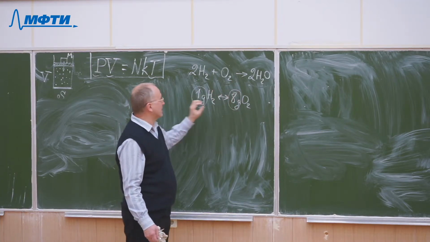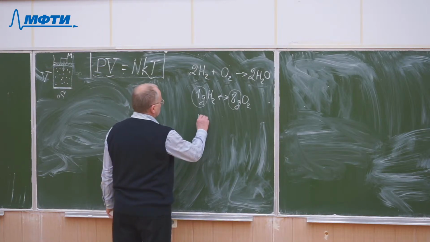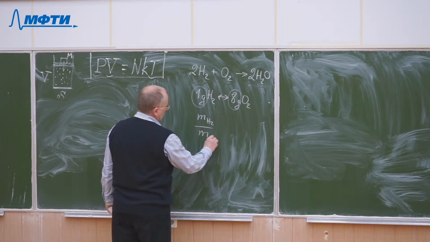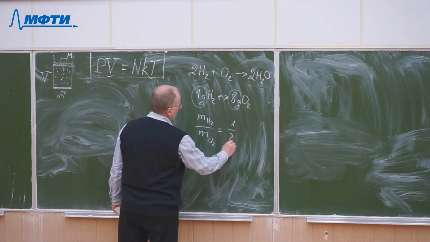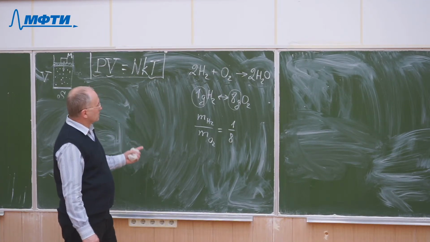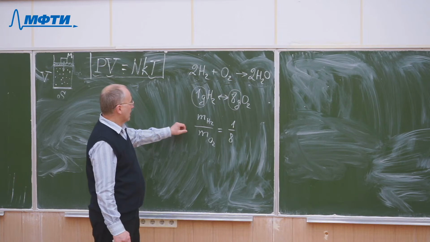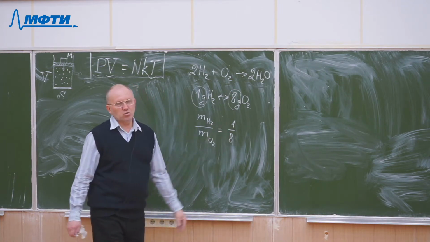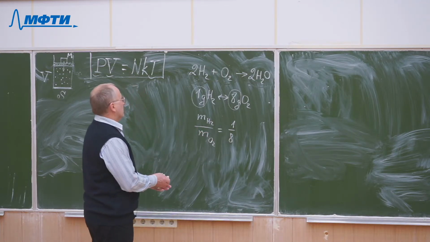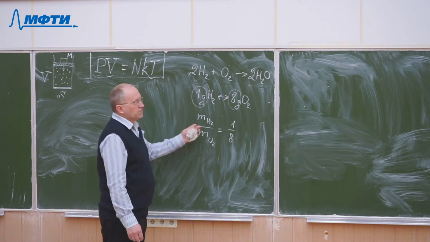The reaction will absorb only given predefined masses of substances, and the masses will always have a definite proportion, like the mass of hydrogen divided by the mass of oxygen will always be 1 divided by 8. So starting the chemical reactions, people understood that the masses of substances that react chemically always have a proportion like some whole numbers, very close to whole numbers. Whatever substances you take, there are always some whole numbers. And so if we have a whole numbers proportion, then it's very convenient to introduce some unit of measurement of the mass